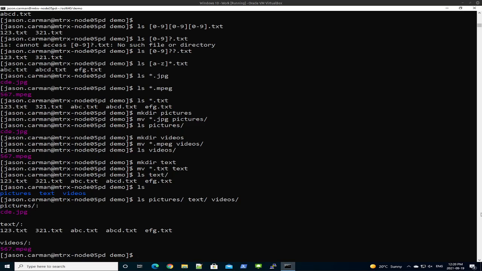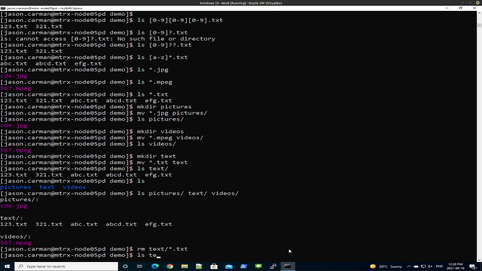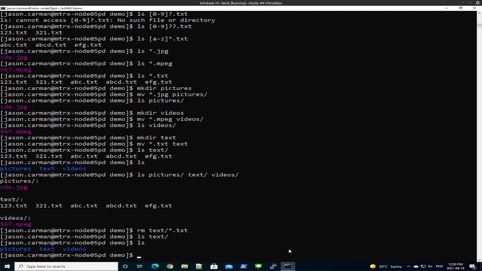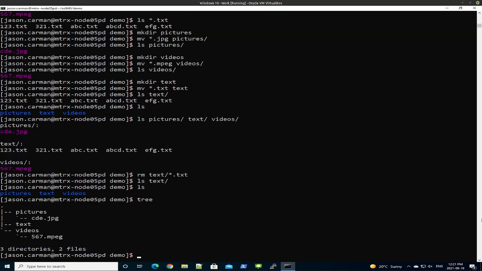So let's remove some stuff using some file name expansion here, just to show you how that works. I'm going to remove all the text files. I could just rm -rf text slash, and that would get rid of everything in there. But let's say we had some mixed files in there. I just want to remove the text files. I could rm text star.text, do an ls on text to confirm, and it got rid of all of our files. If I want to get rid of everything, I can do that too